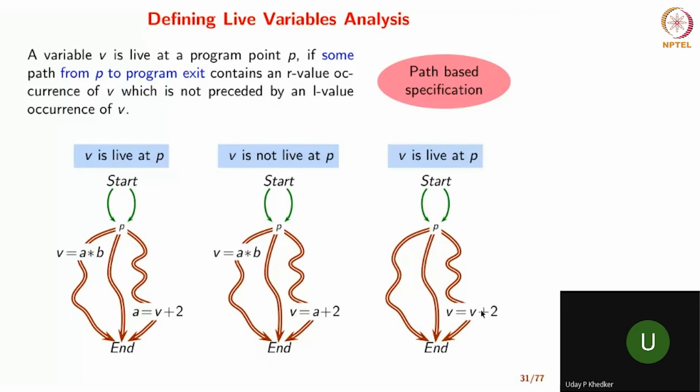Note that this is a path based specification. What do we mean by path based specification? By path based specification, we mean that we are defining the property of a path, of a control flow path. We will distinguish this from something else that we will see later. Here we are not talking about a particular statement, we are talking about a particular path. We are saying here is a property that must be satisfied by a particular path. We will revisit this again, but please keep this point in mind.